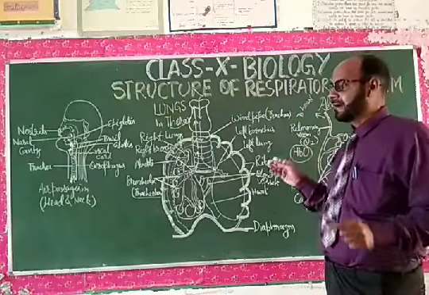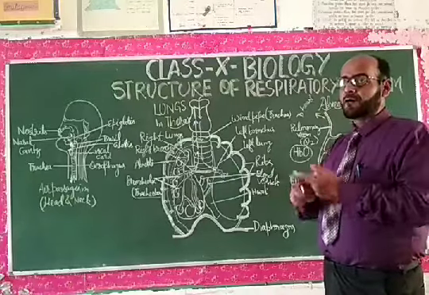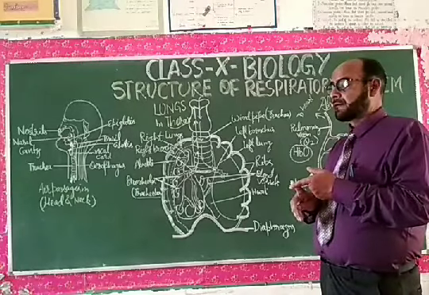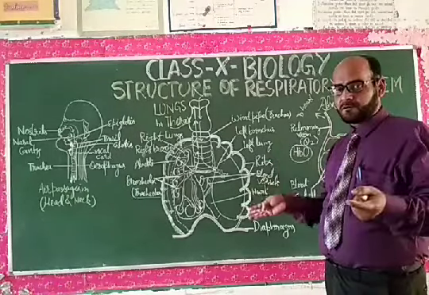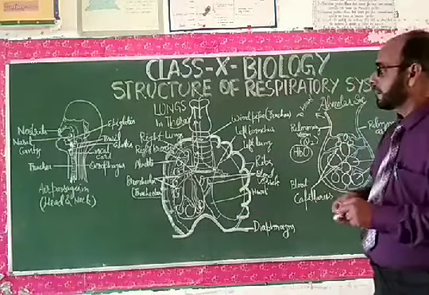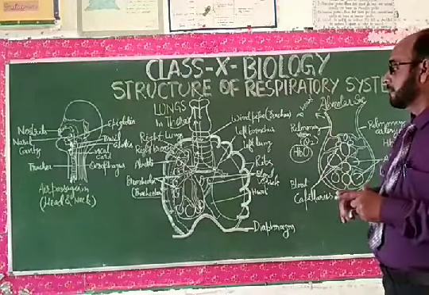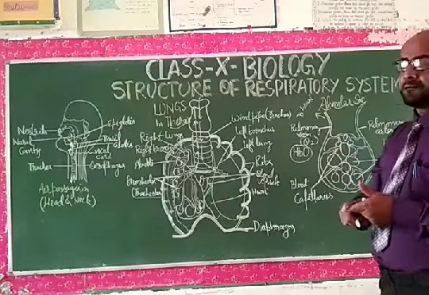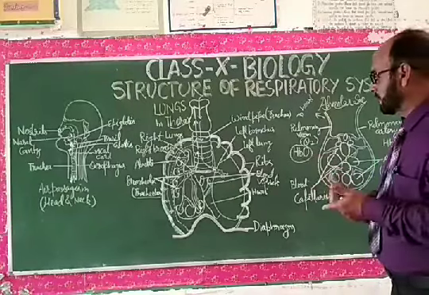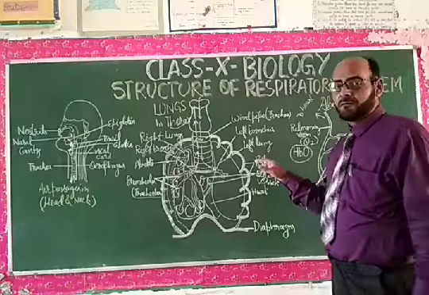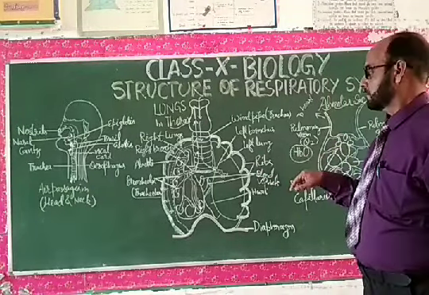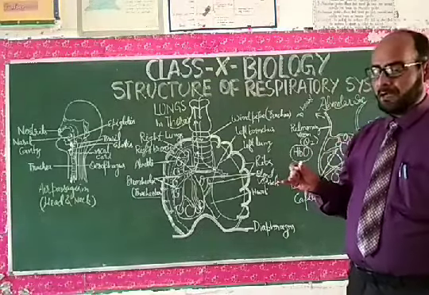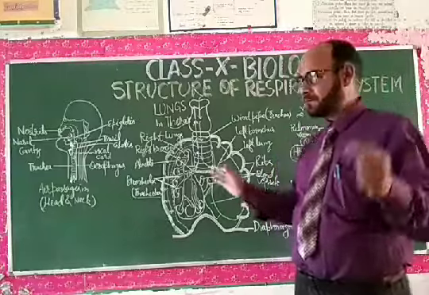Dear students, these lungs are connected with the heart for double circulation, because in the next video you will see the structure of the transport system in human, and you will understand how double circulation takes place between the lungs and heart for the pumping of blood into the different organs of the body, as well as pumping of the blood to the lungs for purification, for oxygenation, so that blood gets oxygenated and oxygen is able to reach the different parts of the body.